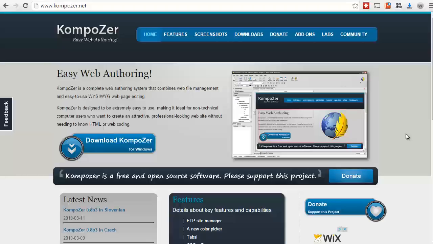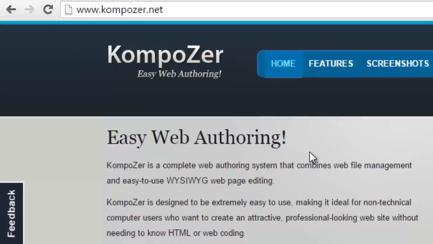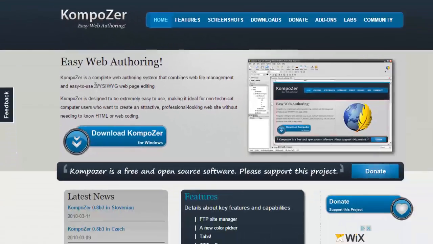The easiest way to access Composer, the HTML editing tool, because we are going to be utilizing this tool in this video course, is by going to kompozer.net, as you can see up right here. So it's kind of like Composer with a C, but it has a K. Now, as you can see, it is an easy web authoring tool. It's what we call a what you see is what you get. So you see it on the screen as a web editing tool, and the code will actually be shown on the back end. I'll show you that in just a minute, but I highly recommend you go ahead and